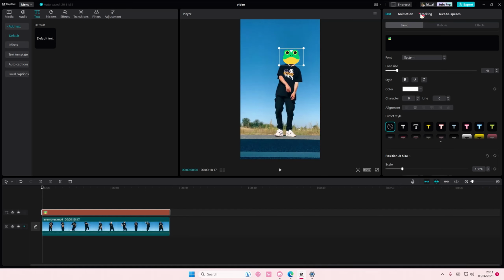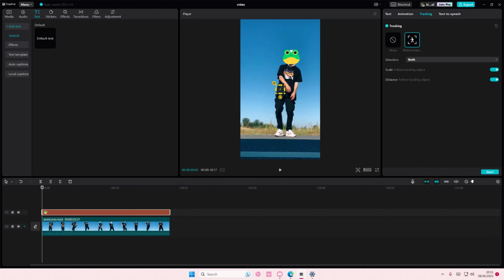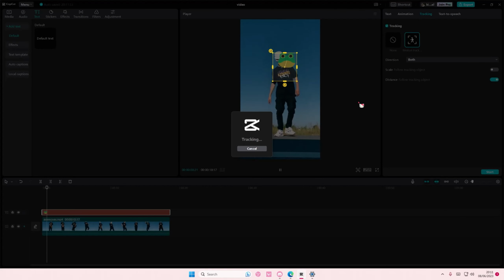Then I'm going to use the motion tracking, and then I'm going to select on the person's face for this, and I'm going to select direction both, and I'm going to turn off scale, and I'm going to press start. And that's it. It won't be accurate, as you can see here, because this person moves a lot,